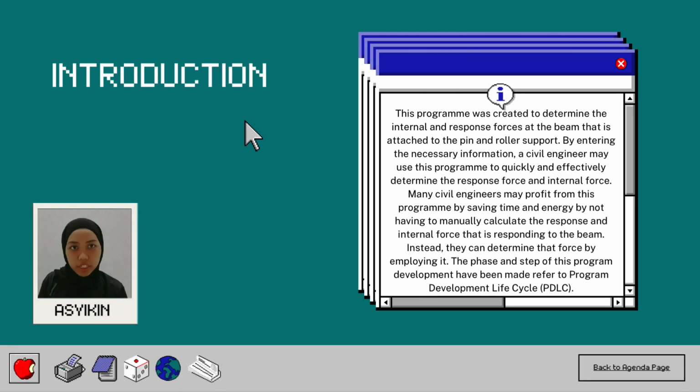For the introduction, this program was created to determine the internal and reaction forces at the beam that is attached to the pin and roller support. By entering the necessary information, a civil engineer may use this program to quickly and effectively determine the reaction forces